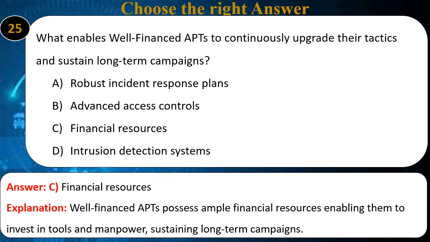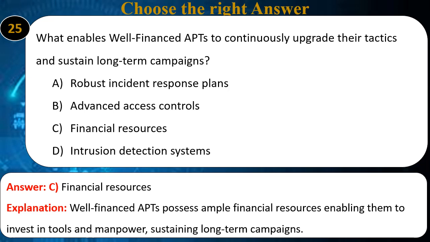B. Advanced access controls. Advanced access controls can make it more difficult for advanced persistent threats to gain initial access to a system, but they do not prevent them from developing new tactics or sustaining ongoing campaigns once they have gained a foothold. D. Intrusion detection systems. Intrusion detection systems can help detect advanced persistent threats activity, but they do not prevent APTs from developing new tactics